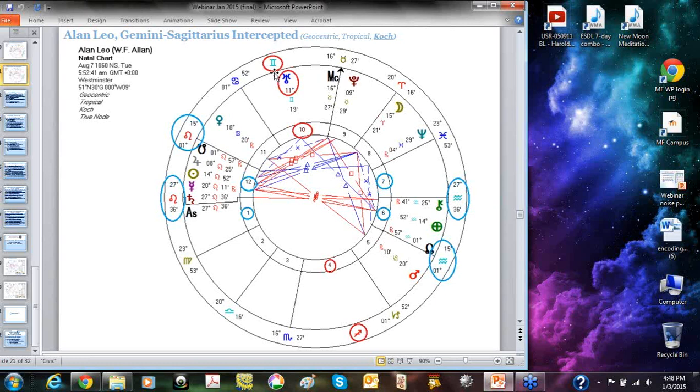We'll probably work with more transits later on so that we give you a greater feel of transits. And for those that attend Michael's astrology at the conference, he always gives us transits. So it's an important piece in looking at the dynamics that have been created. I think that's another important piece, even more so than these interceptions. I think transits are very important. So we will spend a little bit more time looking at transits and how they impact you and what to look for. Okay? So we're moving on.